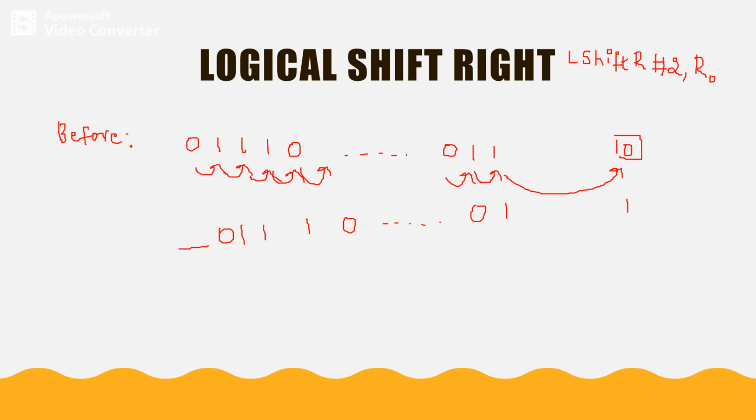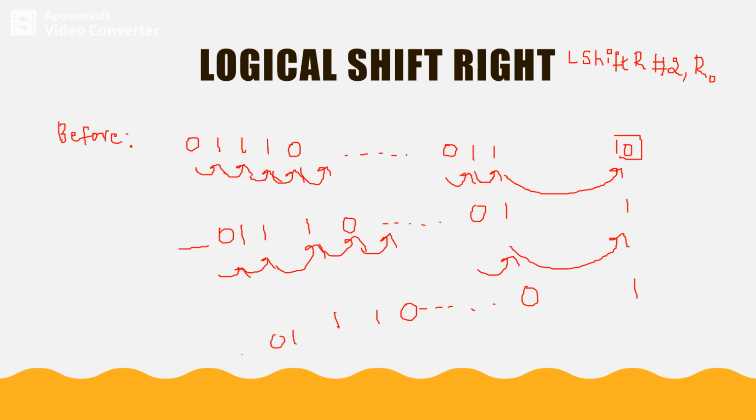So during the next iteration, this one will come to the carry location. So this 0 will come to the previous location, and so on. This 0 will come to the previous location, 1, 1, 1, 0. So here I'm having two vacant locations. So both the vacant locations we can fill with zeros. So consider extra 2 zeros.